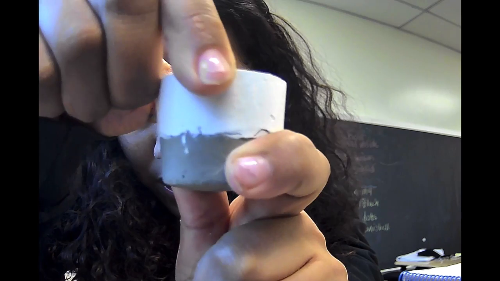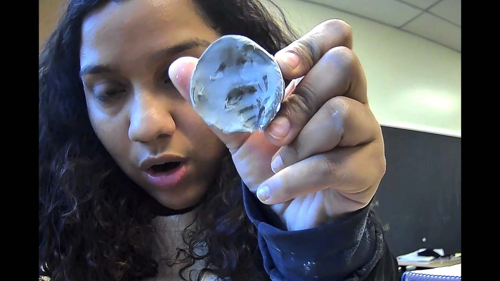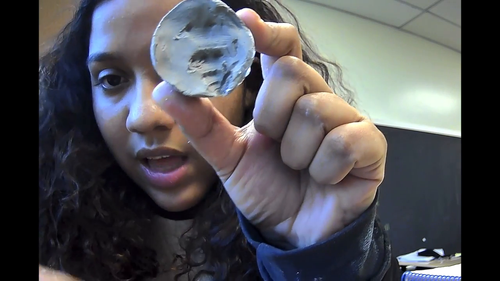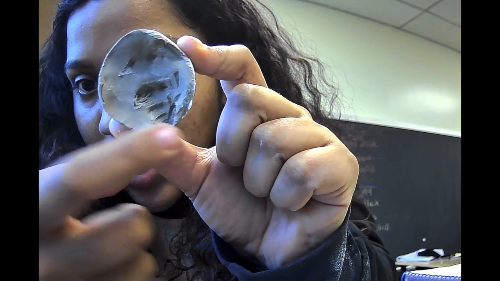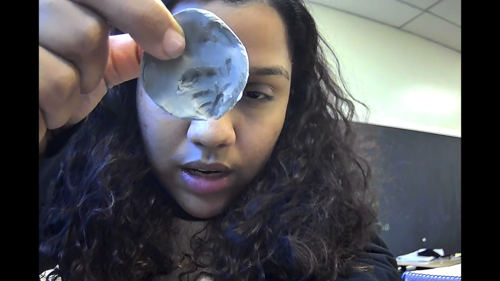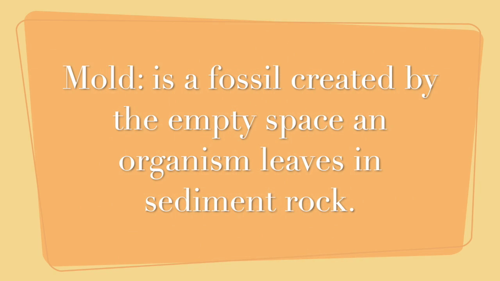Let's open up our fossil to see what was created. We dropped our organism into our clay. We saw that it was able to capture some of the pointy parts and it kind of got its shape, but it got a lot of the lines. This is the mold that organism 3 created. A mold is a type of fossil that is created by the empty space an organism leaves when it is